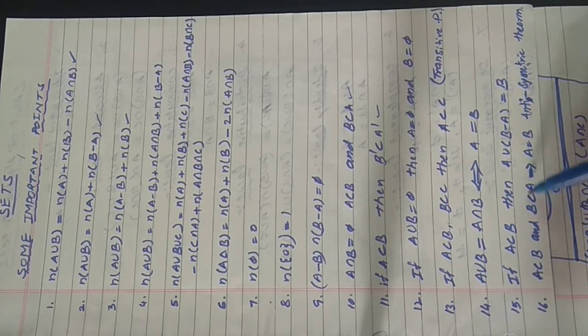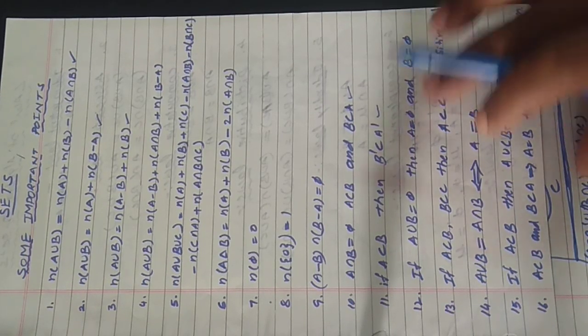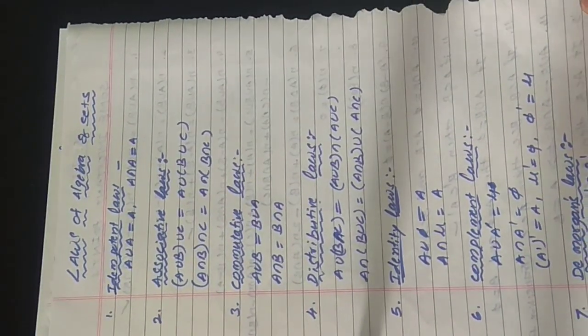If A subset B, then A union of B minus A is equal to B. A subset B and B subset A implies A is equal to B. This is called anti-symmetric theorem. Okay, these are